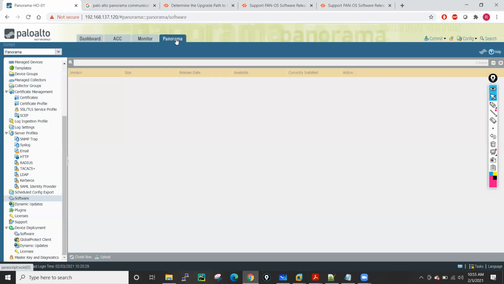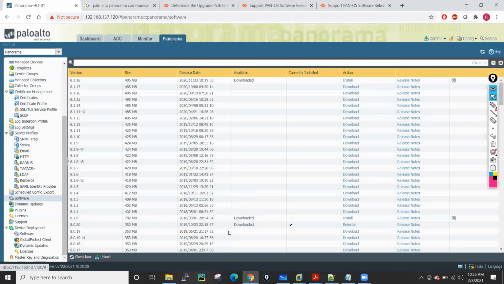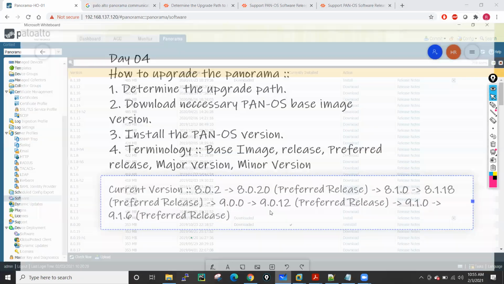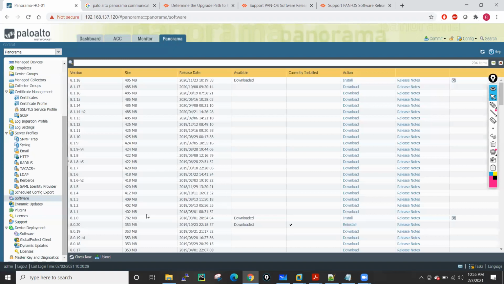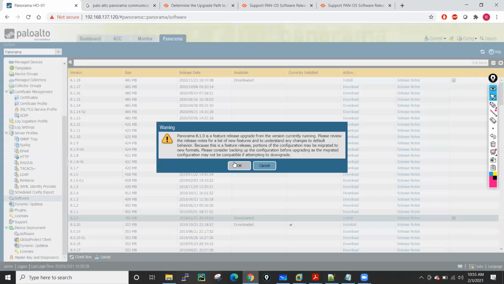I'll go again into the Panorama, into the software, and now from 8.0.20 we have to go to 8.1.0, right? I will go to this particular image. I have already downloaded it, so I will just install it.